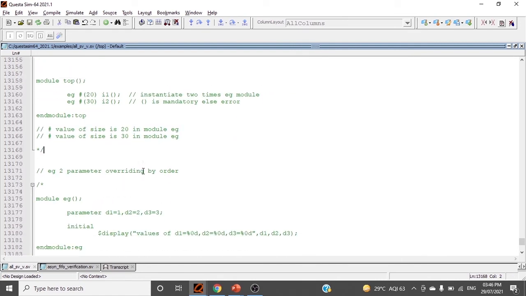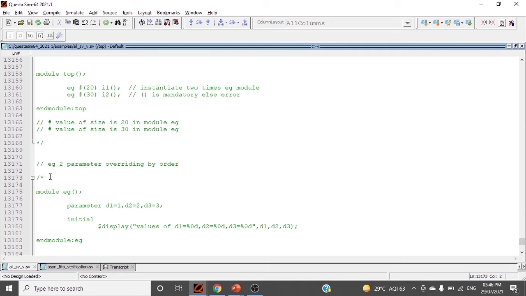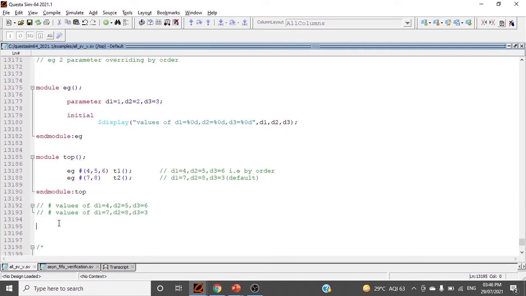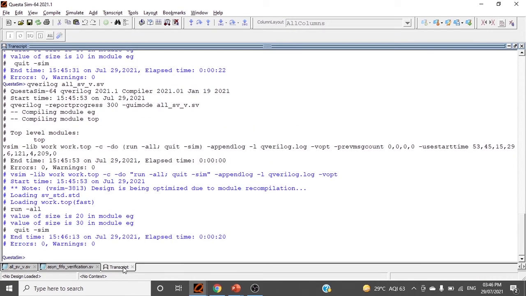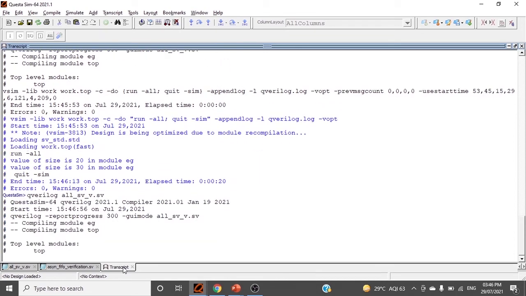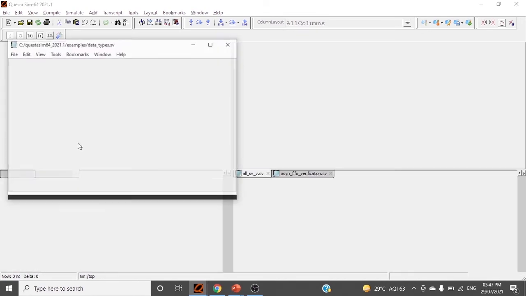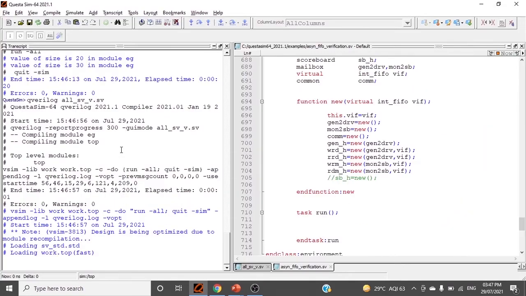This is overriding the parameters by order, the same example which I have explained earlier. We will see how it will override. qverilog file name, the command is there, right?